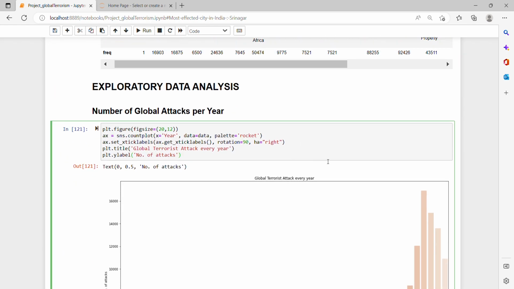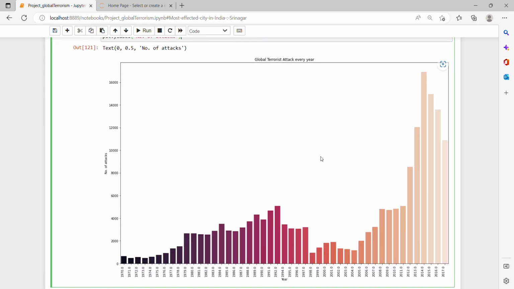First I have found the number of global attacks per year, and I have done this by this graph. As you can see here, this data set comprises terror attacks between 1970 and 2017, and by this graph you can see that these activities increased majorly after 2012. And 2014 was the most affected year, in which major terrorist activities occurred, that is more than 16,000